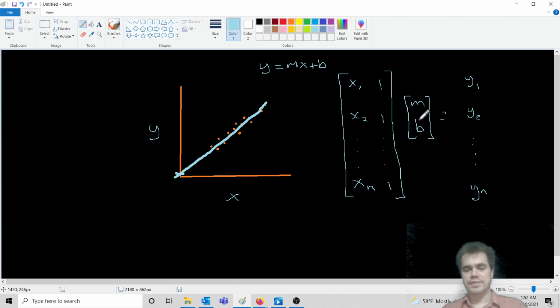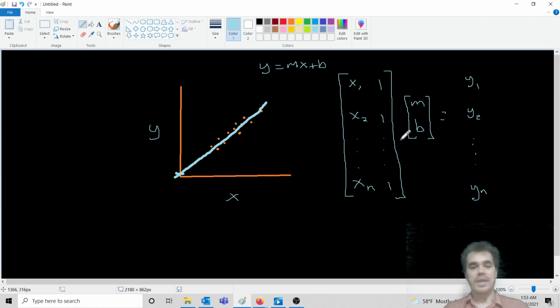We're going to take this vector and tip it on its side, and this m is going to multiply each x, and this b is going to multiply each 1, and then we'll add in a row, and that should get us over here to this y. So we'd multiply this m times this x, add 1 times this b, and that should get us